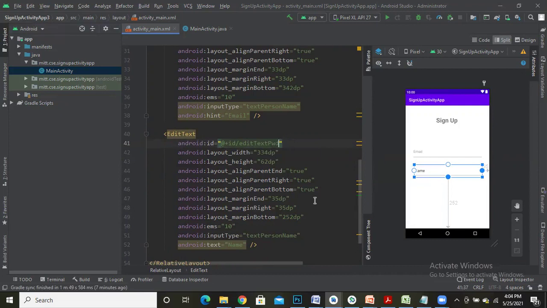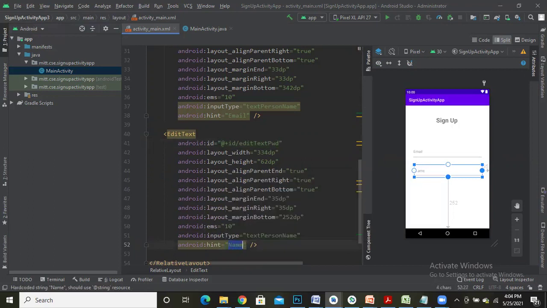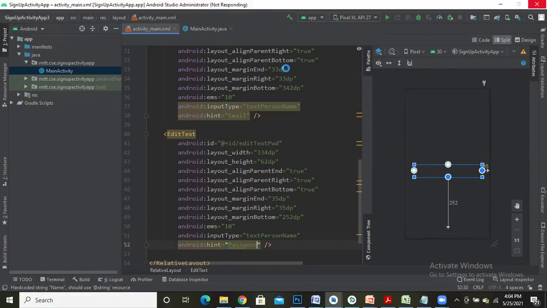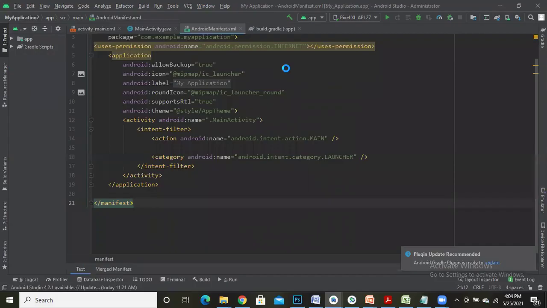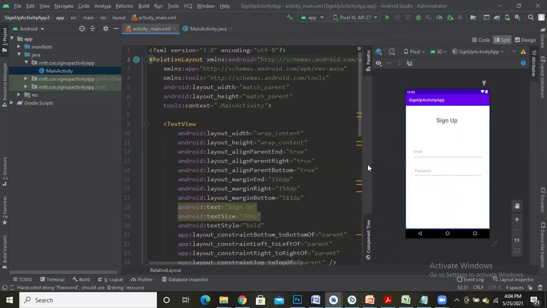So second edit text field, change the text to hint and change the text from the name to password. Okay. So you can see the design is done perfectly.